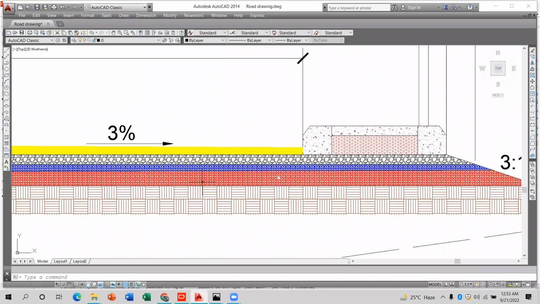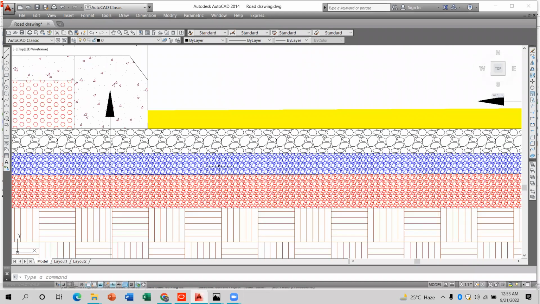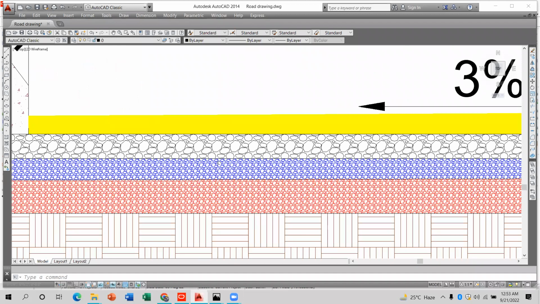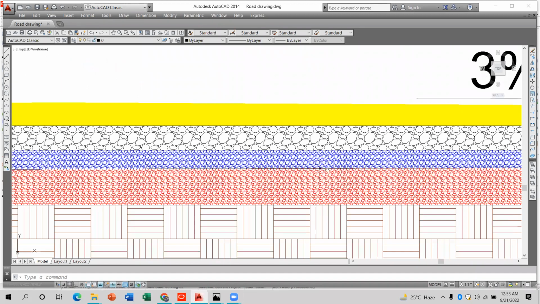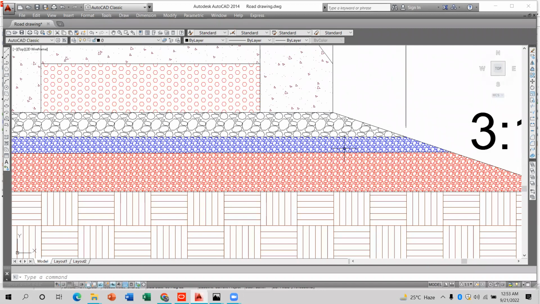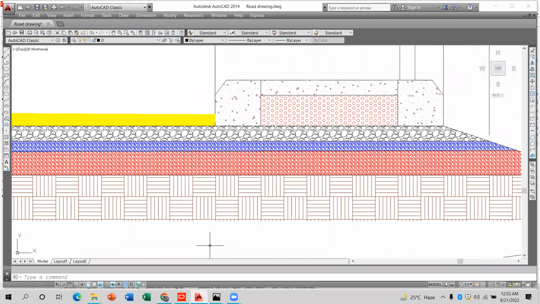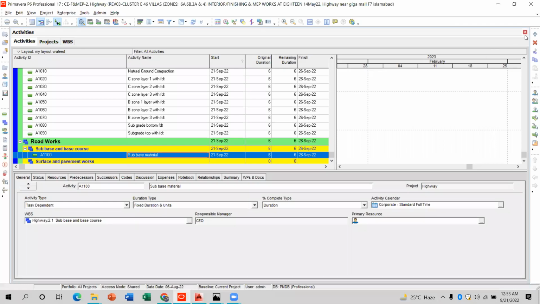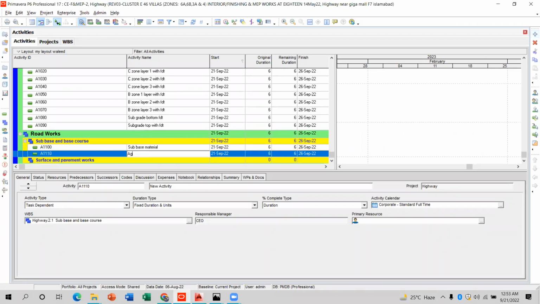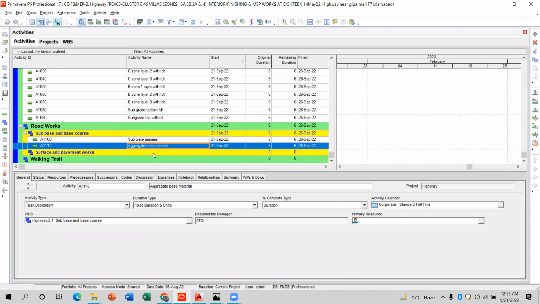And here you are watching that this is the layer in blue, it is showing you that this one is the aggregate base. So open your P6 and write here aggregate base material, because if you want to do in more detail, then you can write like dumping of the aggregates. And remember that always the aggregate first layer